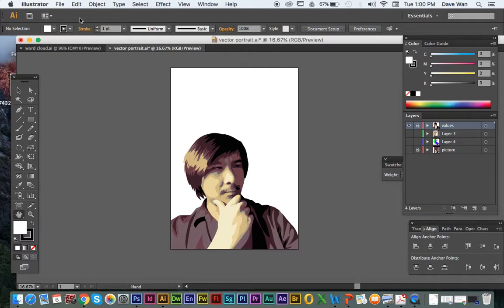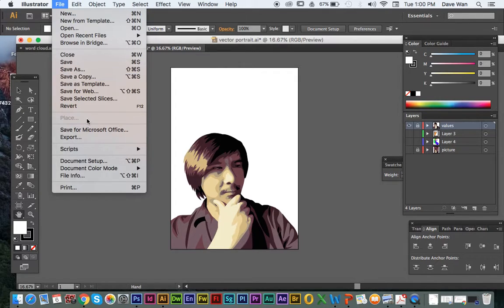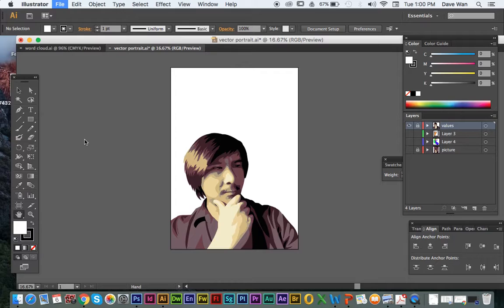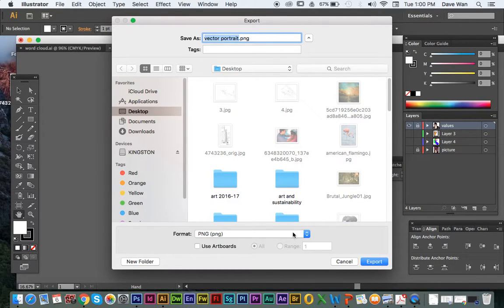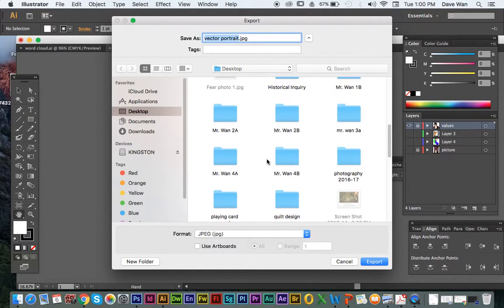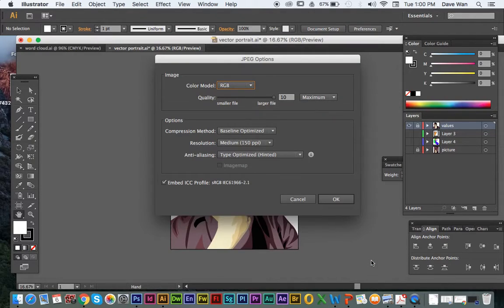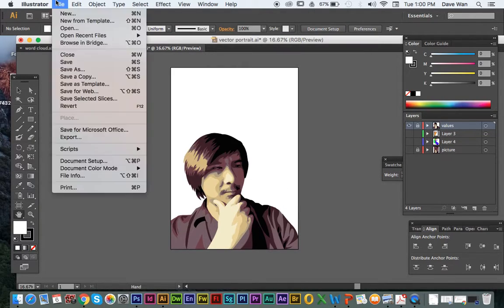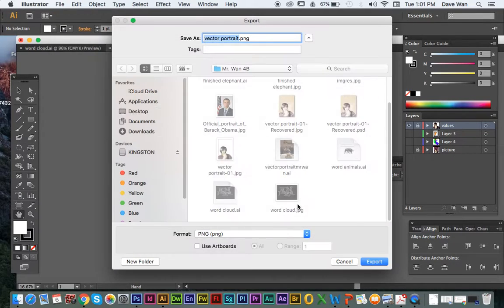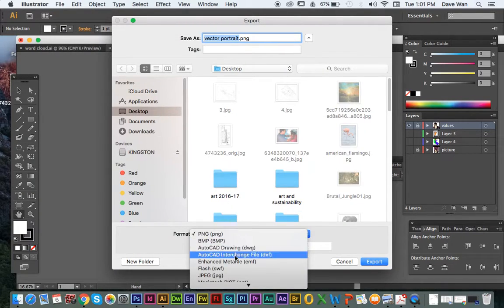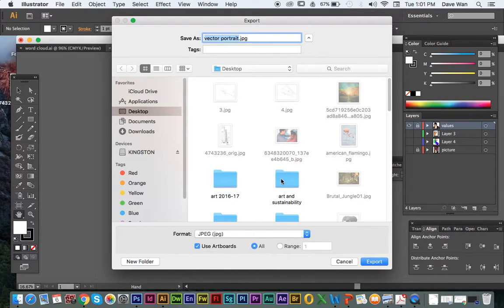So to save your work as a JPEG, go File, Export. We're going to change the format to JPEG, and then you want to save it in your folder. So go to 4B, export. Oh, hit cancel. You want to use the artboard, so use File, Export, and use that artboard JPEG in your folder,